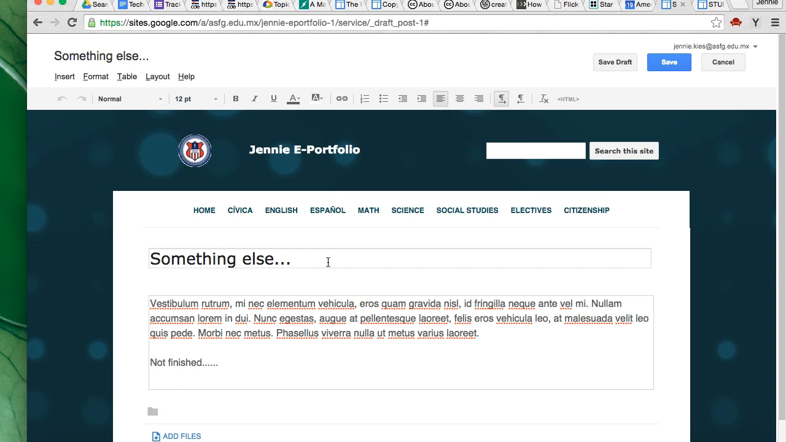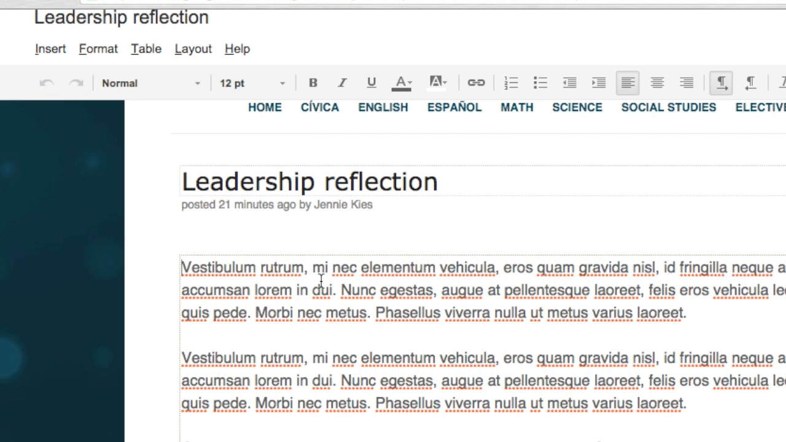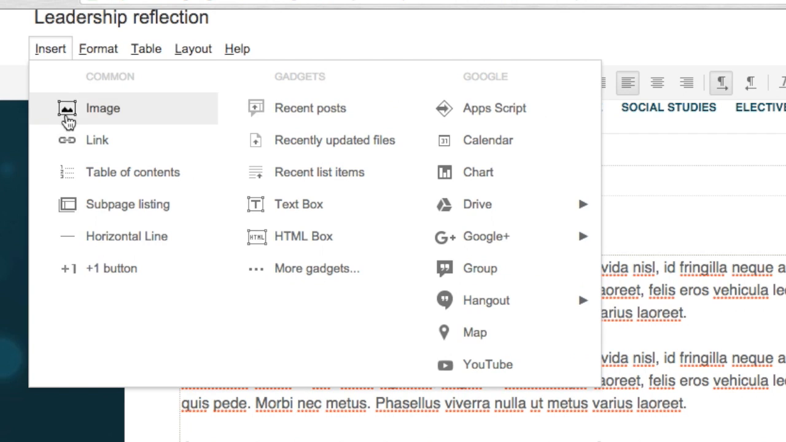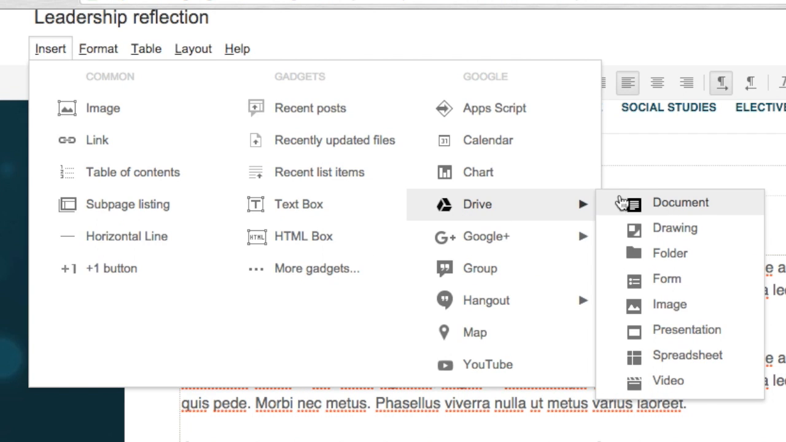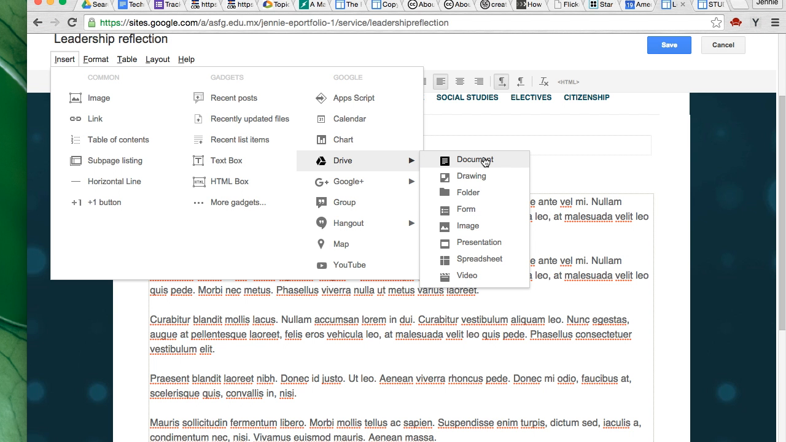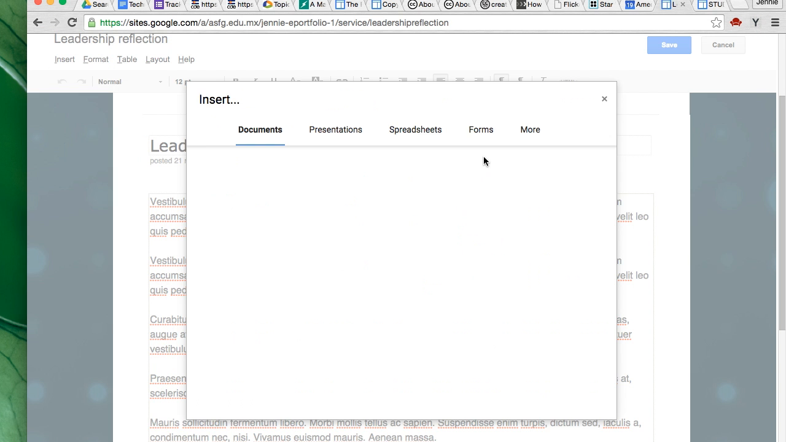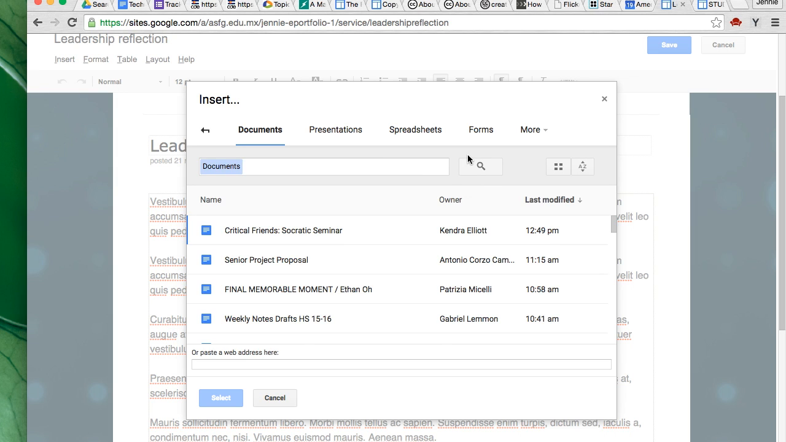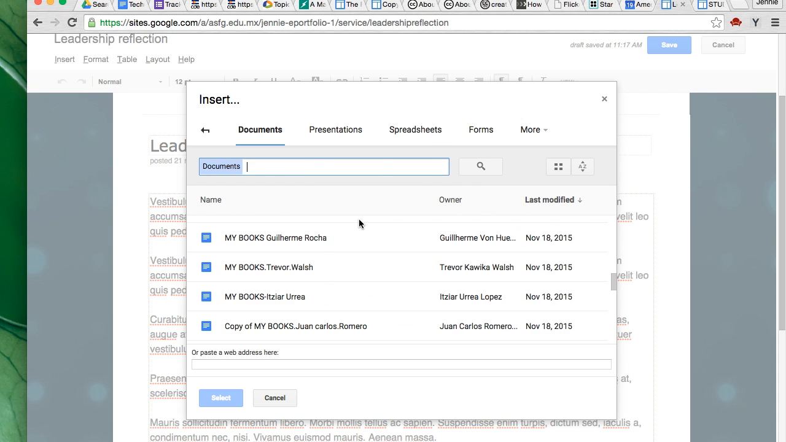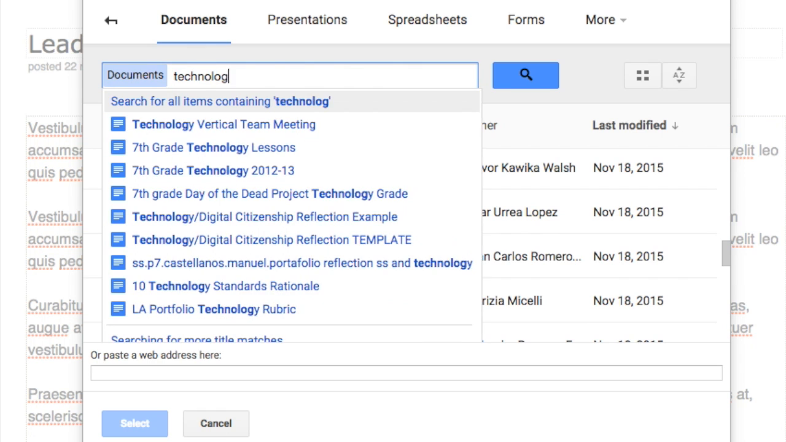Let's say that now I'm going to finish this post. Before I save this post, I'm going to add something from my Google Drive. So I go to the Insert menu, I go over to Drive, and I choose the type of file that I want to add. In this case, I'm going to add a document. I could search my drive for the document by scrolling through, or usually it's easier to find things by just